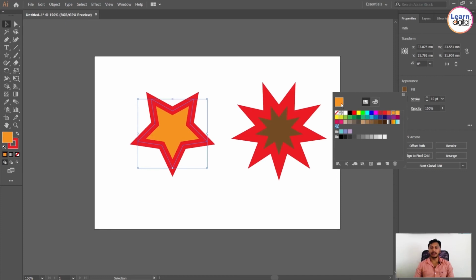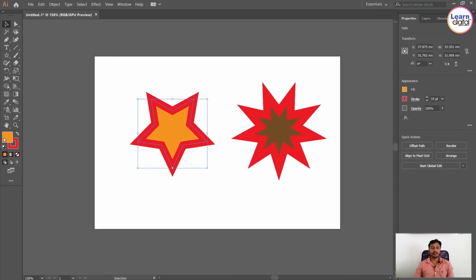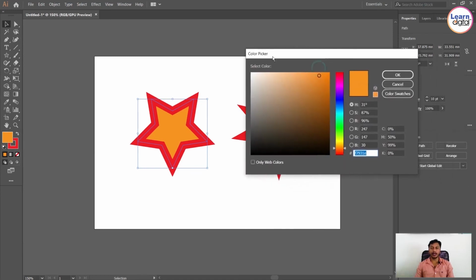If you need more than this, on the left hand side also you have an option of color properties. The first one is the foreground color, that is the fill color. The second one is the stroke color, that is the background color. Whichever color you want to change, just double click on that. You will get a color picker option, a color mixer option, so you can edit the colors.